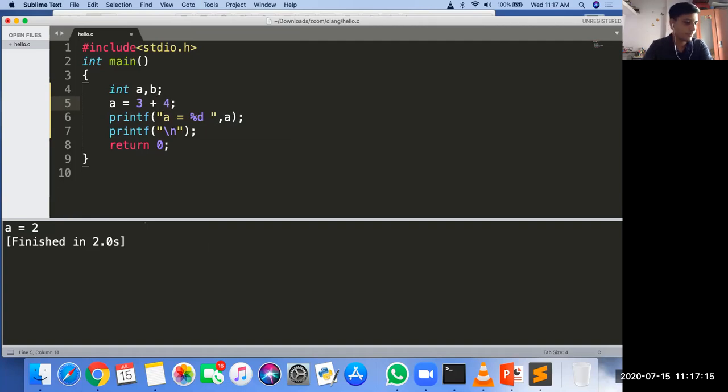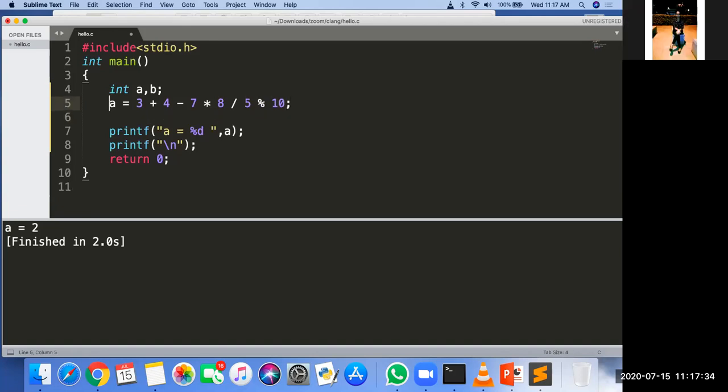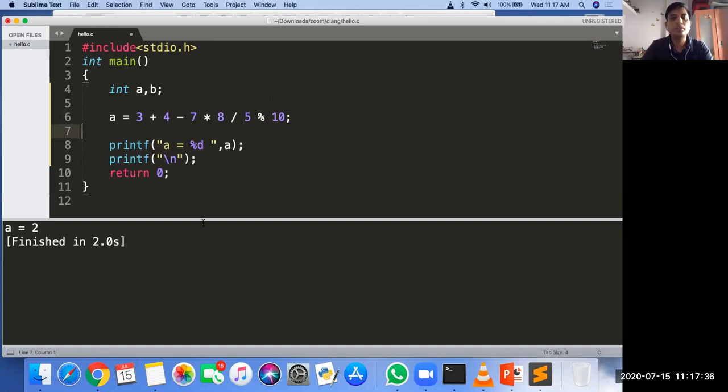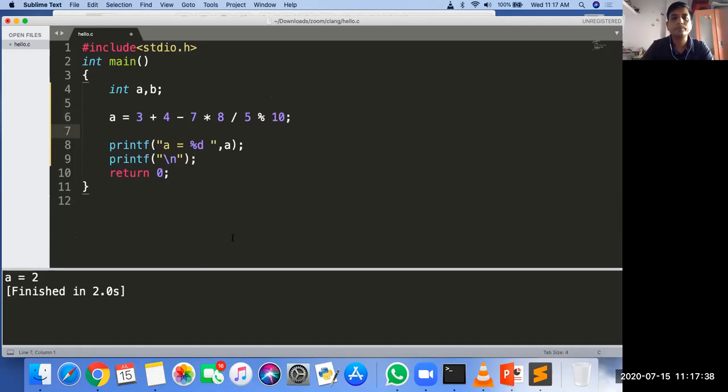Now here I am giving a big expression. Okay, so this is the expression. I need to find out the output here, because lots of operators are there.